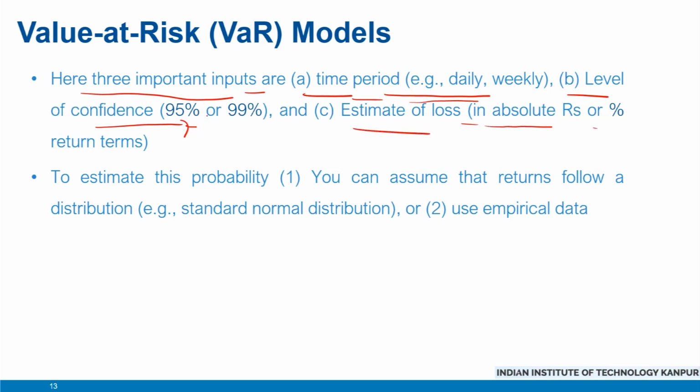or percentage return terms. Now, the missing piece here is how to attach this confidence level to the estimate of loss, and that requires the distribution of returns or losses, maybe a standard normal distribution, or we can have empirical data. In case we have a standard normal distribution of returns, daily or whatever horizon we are interested in, that periodic return distribution